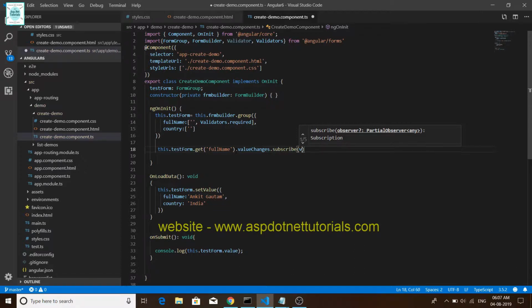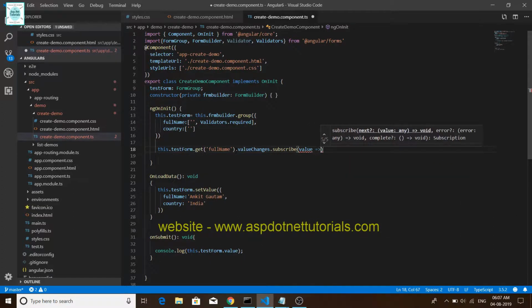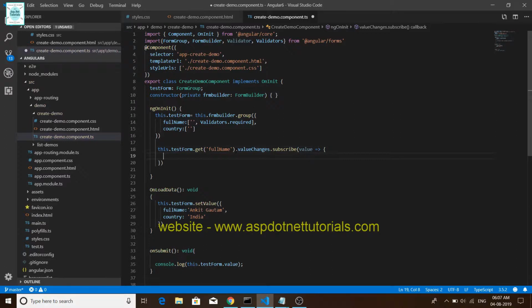We write a value is console dot log, passing the value, and save